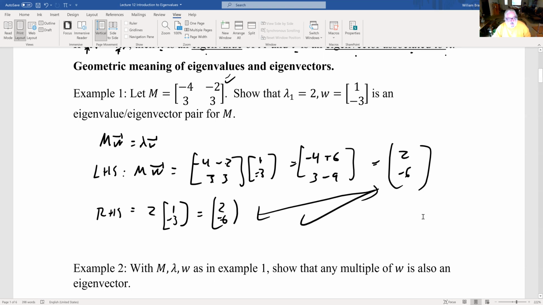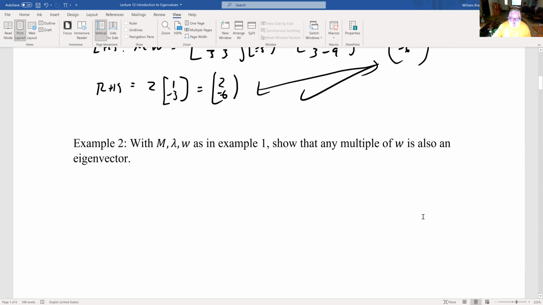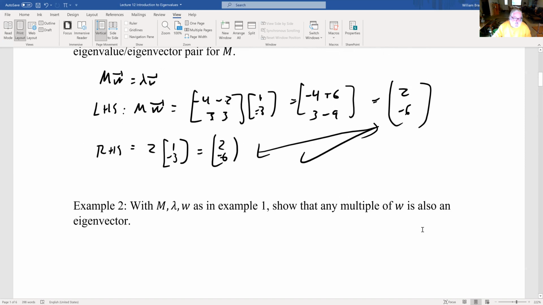So we can check that they're an eigenvalue, eigenvector pair by multiplying the matrix times the vector, multiplying the vector times the eigenvalue, and you should get the same thing. So any multiple of W is also an eigenvector. So if we basically do the same thing,